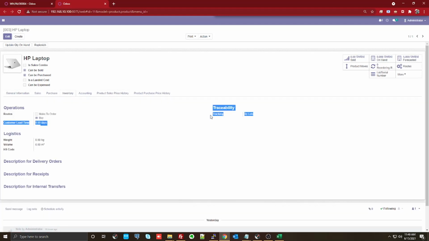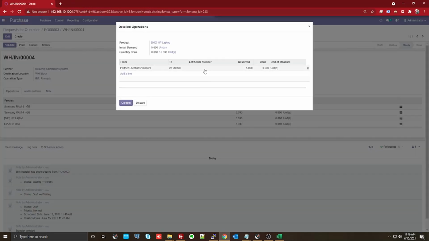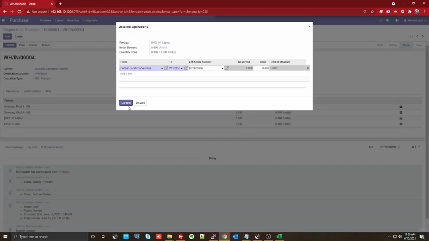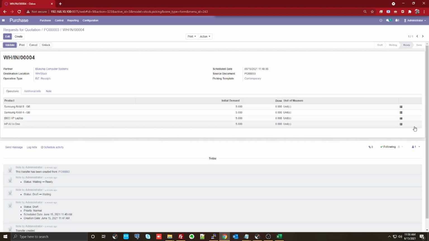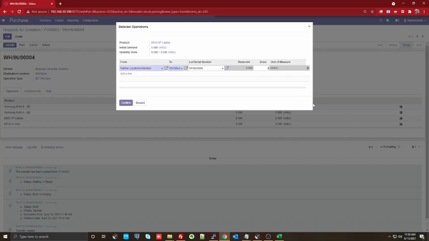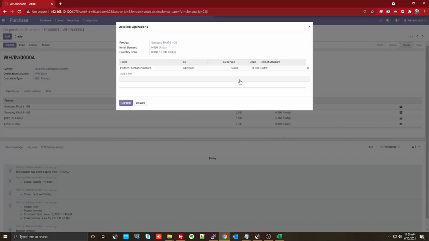If you go to the inventory, you can see that this is a product where you have a tracking number against it. So what I would really require to do here is step in and tell what lot number this belongs to. So I can create a lot number. I'm just putting some reference on HP and confirm it. So I have put HP laptop here, and I'm telling that I got all the 5 units of it. And let me just put the numbers for the rest of them.